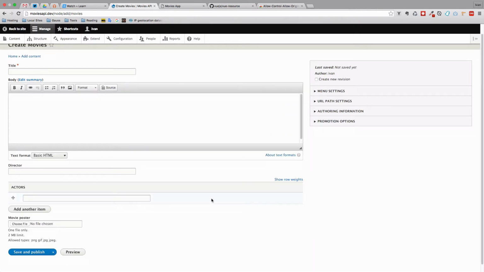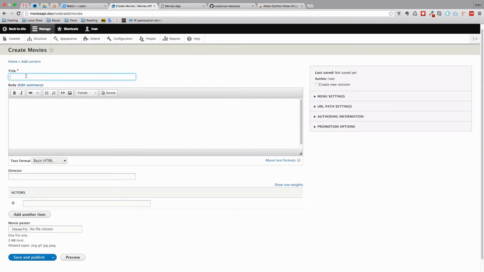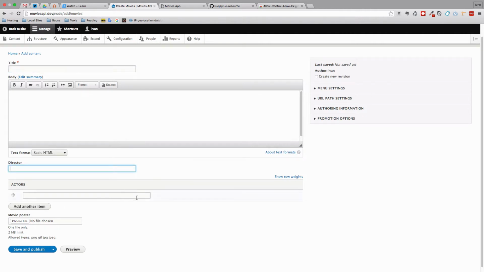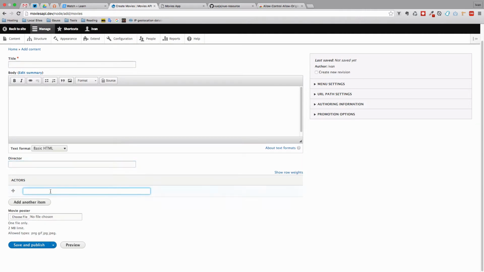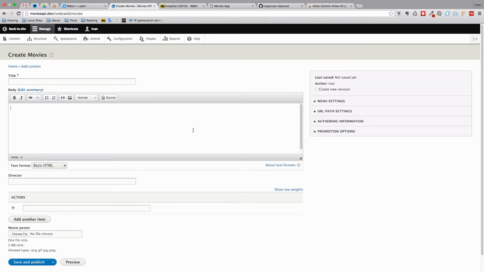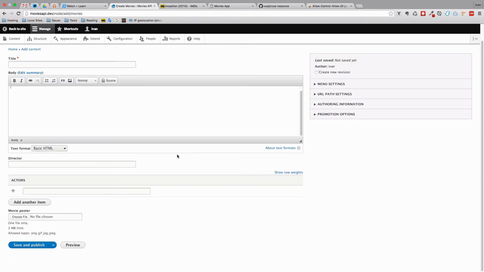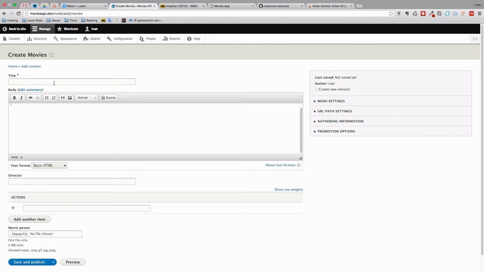Okay, so as you can see, we have these fields. So this would be the title of our movie. This is going to be director. We can add a few actors right here and choose a movie poster. So I'm just going to add a first movie right now, and then all the other movies I'm going to add behind the scenes. So the first movie is Inception,